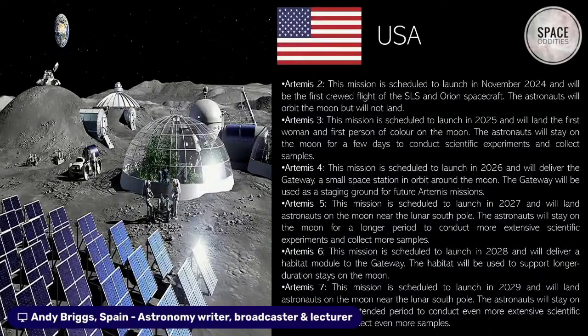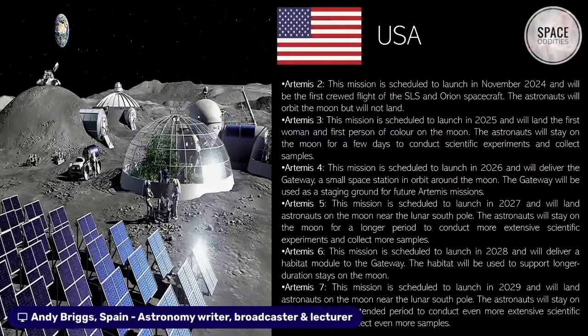Artemis 2, an uncrewed mission to fly around the moon, much like Apollo 8 did in the days of Apollo in 1968. Artemis 3 will be the first mission to actually land people on the moon, the first woman and the first person of color. Artemis 4 is going to deliver the Lunar Gateway. This is a space station that's going to orbit the moon and be used as a staging post for future